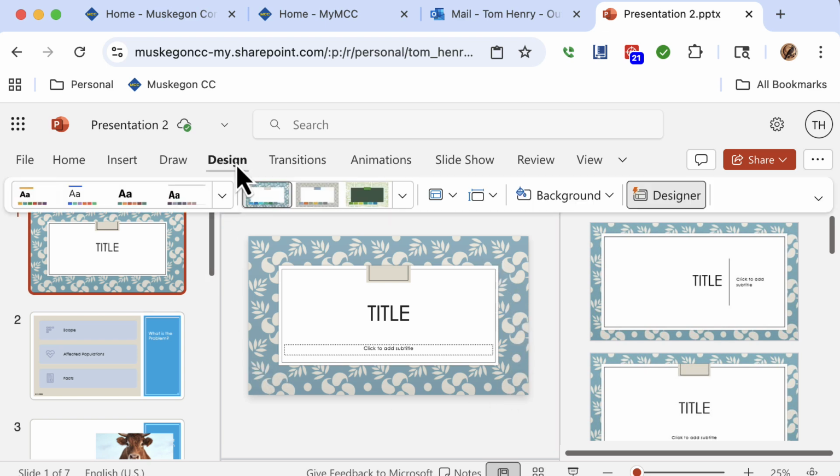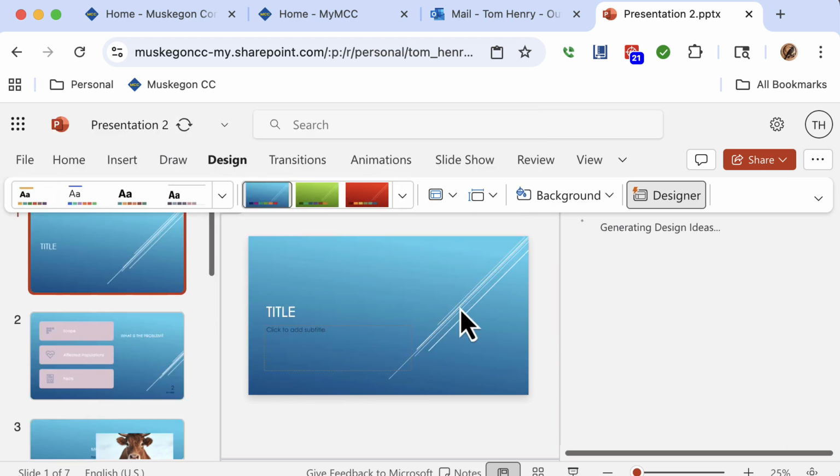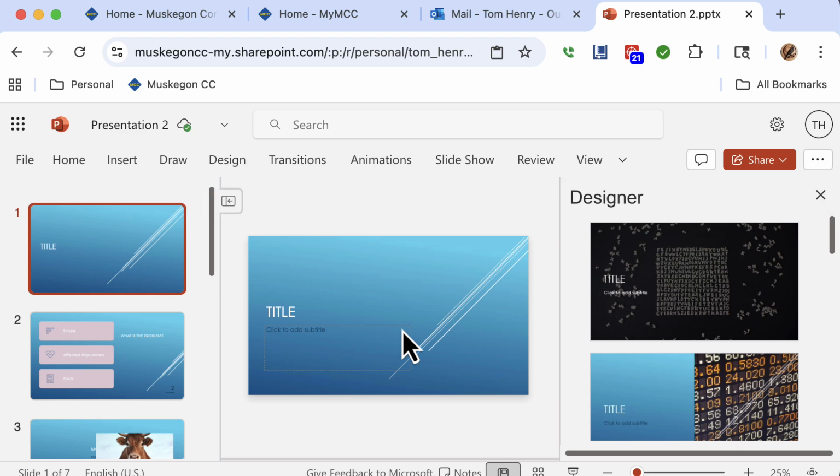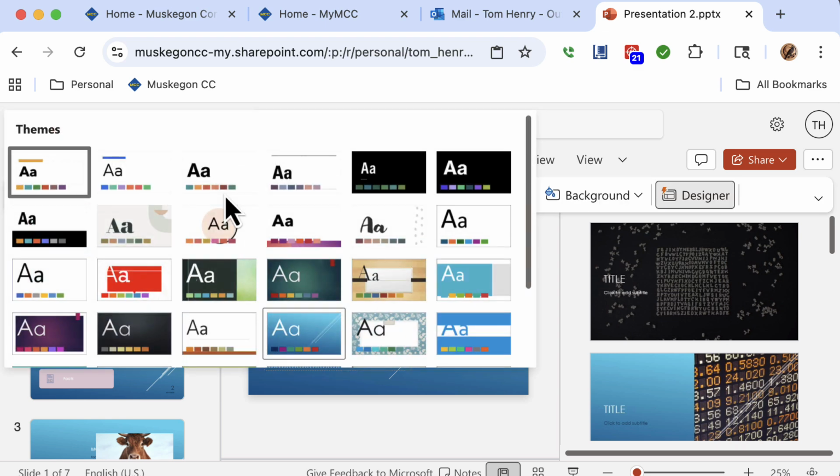Not a big fan of those. Professionally, I wouldn't do that. I'd stay away from things like glints and little falling star looking things, or anything that can distract design wise. Simple is good. One of my favorites, aside from some of these very basic ones, is actually the wood